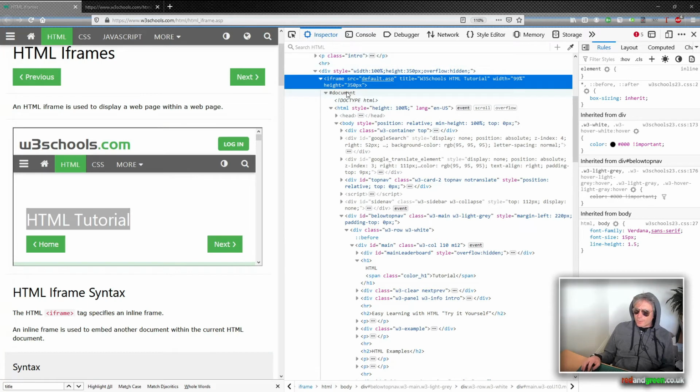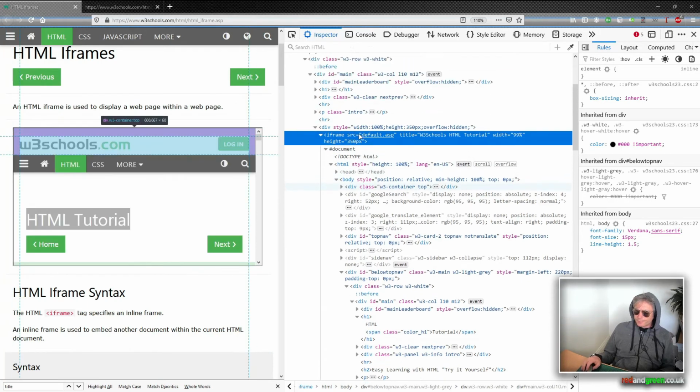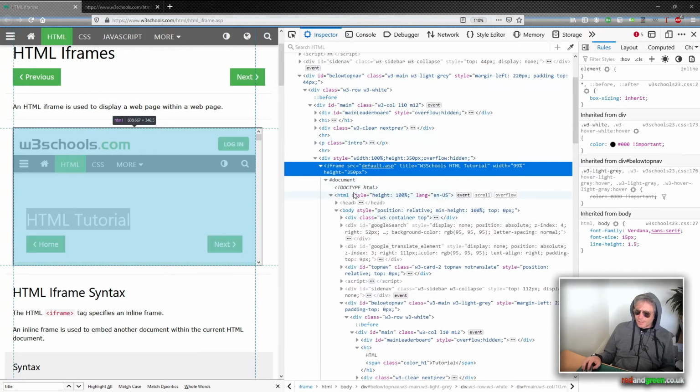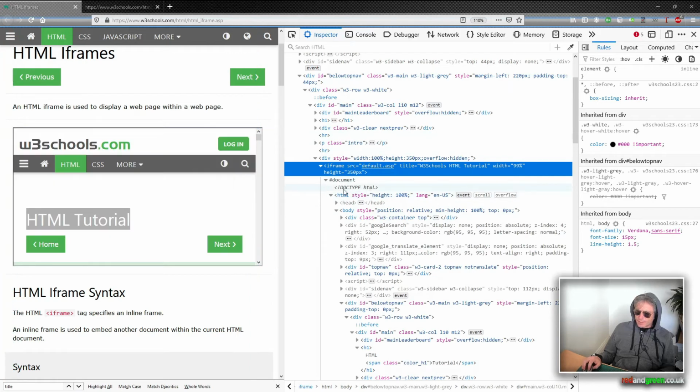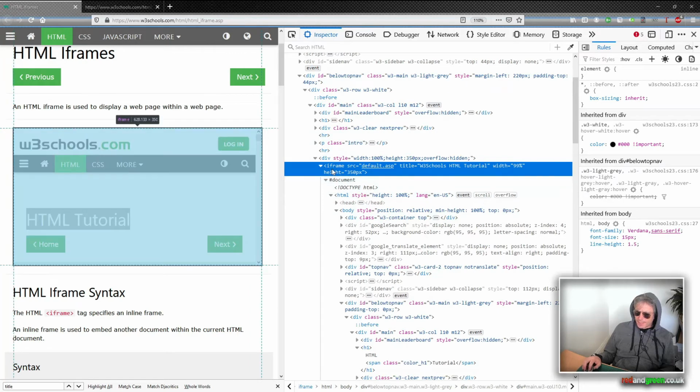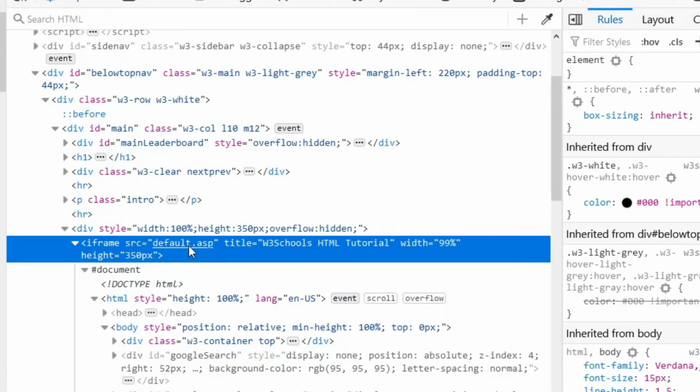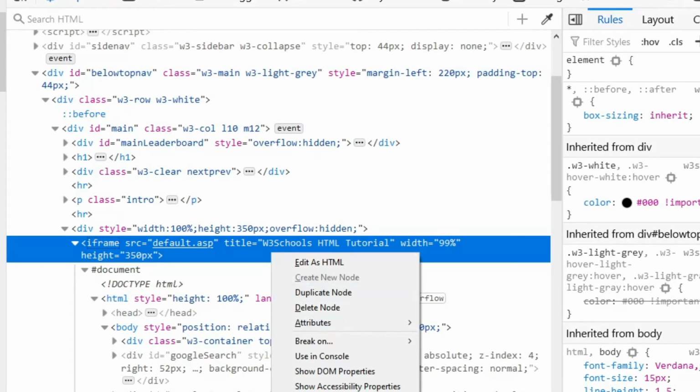Okay, so just before the main document, before the doctype HTML bit, the document hashtag document here, you can see we've got iframe src equals default.asp title W3Schools. That's what we want. So that's our iframe that we need to use. We need to get the selector for that. So copy